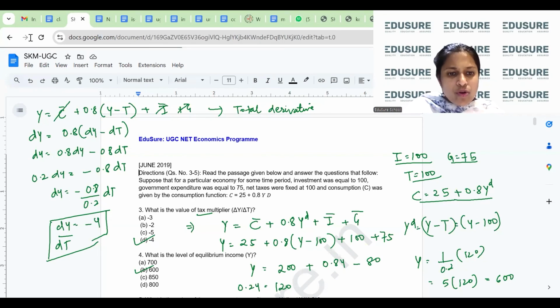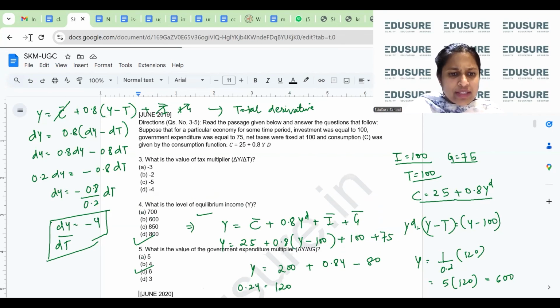Also, we have one more question in this series. So let's check that out. What is the value of the government expenditure multiplier? So government expenditure multiplier is what we found out here. Here, the government expenditure multiplier would have been basically any autonomous component multiplier. So in this case, I can just replace. So my last equation was